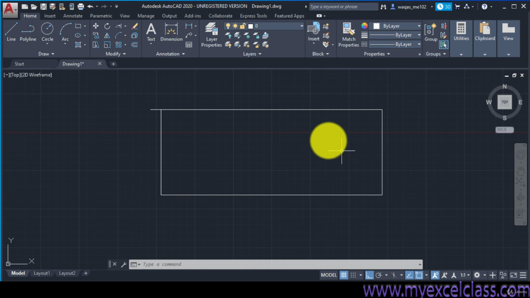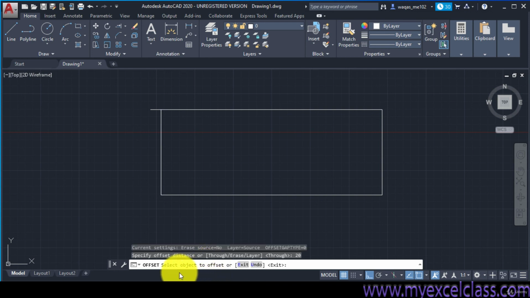So if you want to do this kind of job, you click on the offset command. It asks you to specify the offset distance instead of the object. First, in this case, we have to define the distance. At what distance do we want the offset? Suppose this one is 20. Enter. Next it asks you to select the object. Suppose this one is our object.